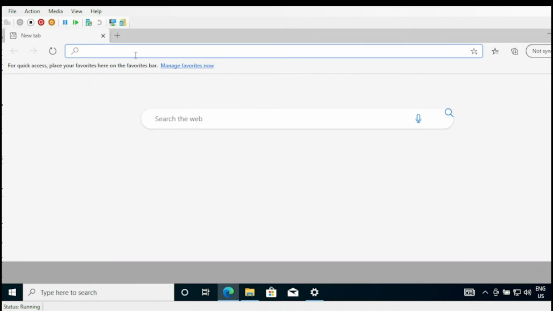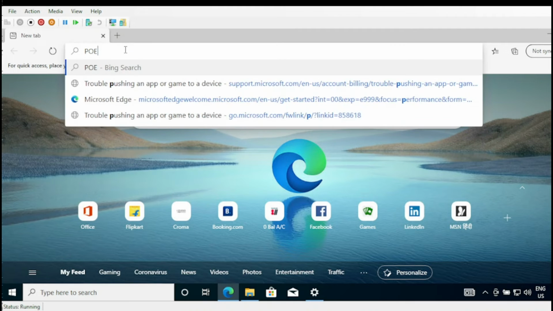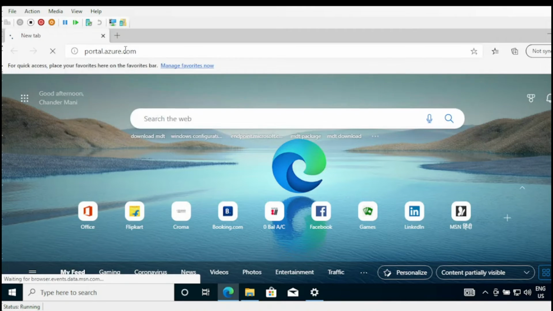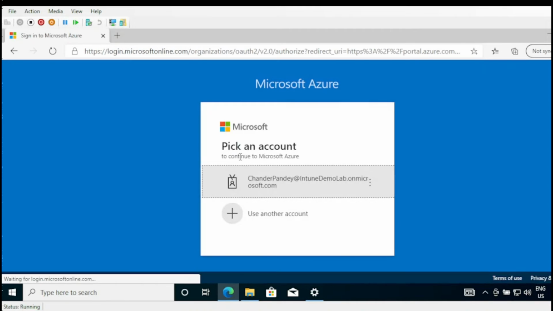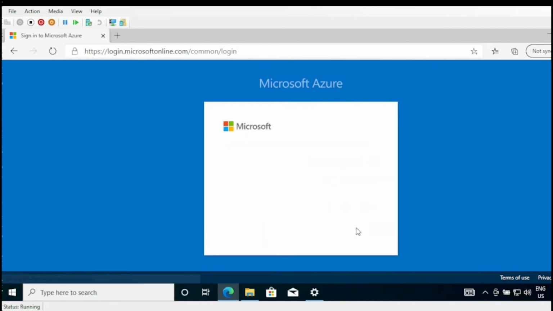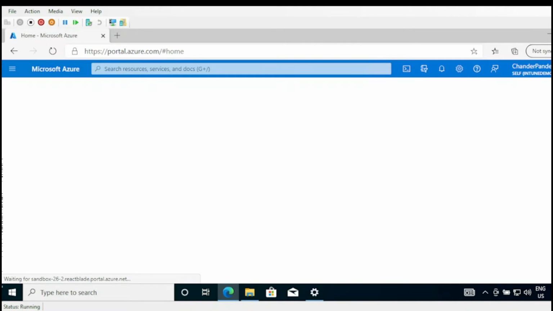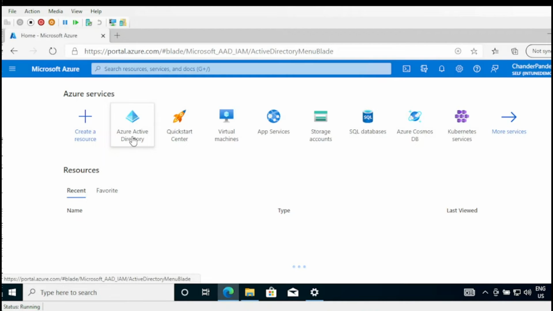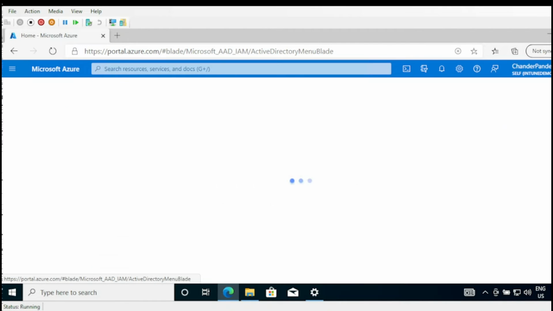The important point is that if you go to portal.azure.com and log in with my admin account, I want to show you that when you create this package, it creates a user, and that user is actually going to enroll the device under application. Okay, Azure Active Directory,